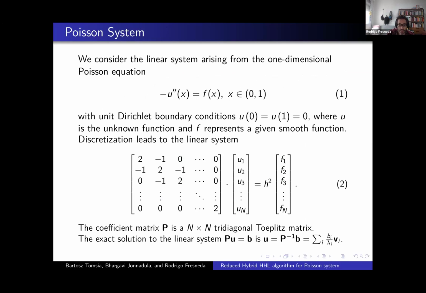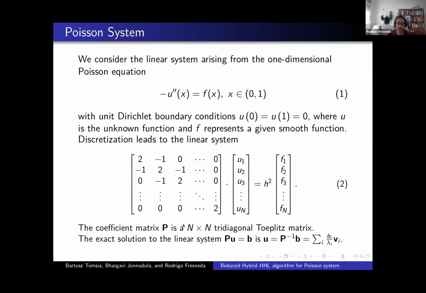The linear system comes from a discretization with gaps of the same size, and you get as a coefficient matrix this Toeplitz matrix here, which has constant diagonals, right? So it's only 3 constant diagonals. This matrix has a lot of properties. One of them is that you can know the eigenvalues analytically. So they are always in the interval between 0 and 4. They're monotonically increasing and non-degenerate. So you have some information already from this mathematical setting, and we want to apply the HHL to this system